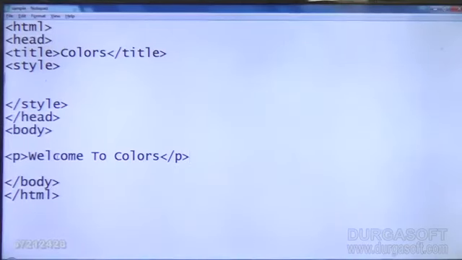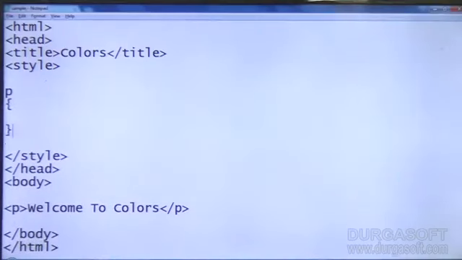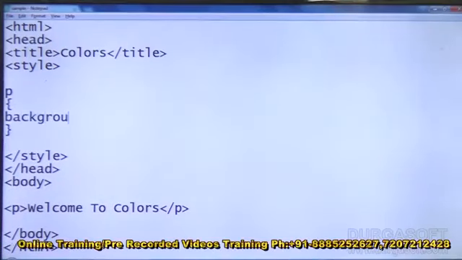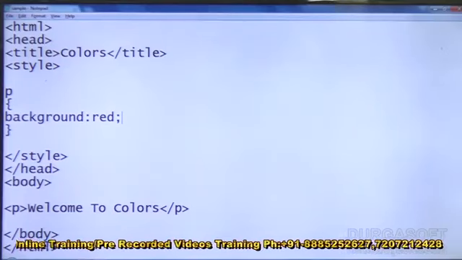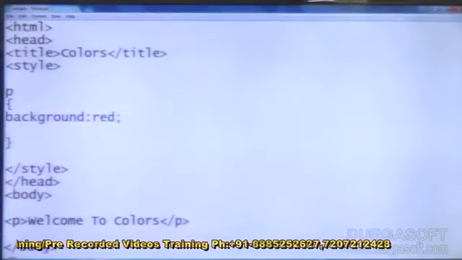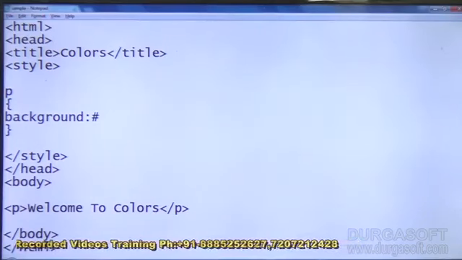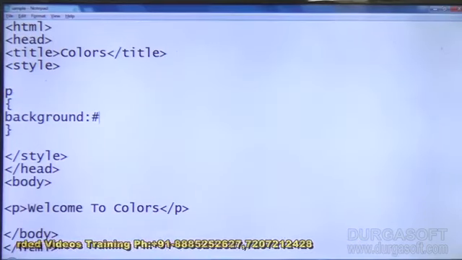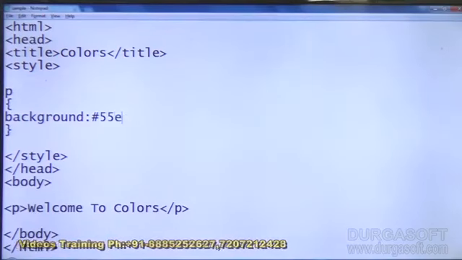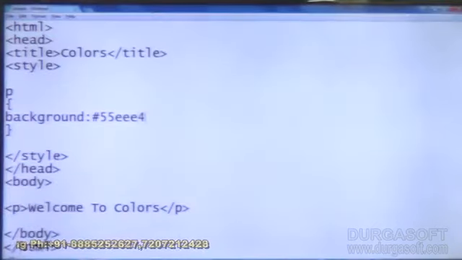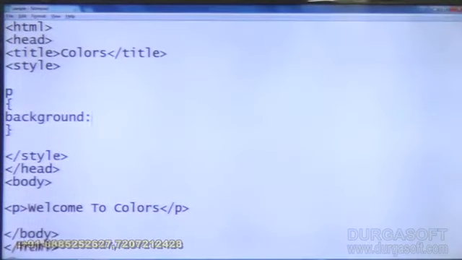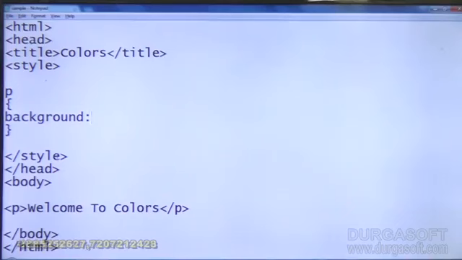Now you see first example here, P flower brackets open close. I am giving background. You can give color like this. This is one method. We know already that one. This is color. Next method is hash 6-digit code, which you can take from Photoshop software, or if you have internet in Google you can type that and you can take 6-digit code. Like this 6-digit code will be there. This is another method of taking colors. Okay. And the third method, these two we already see in CSS2 also. The third method now we are going to take is